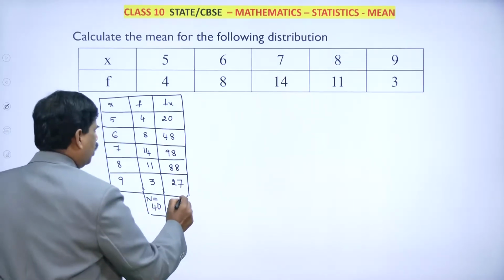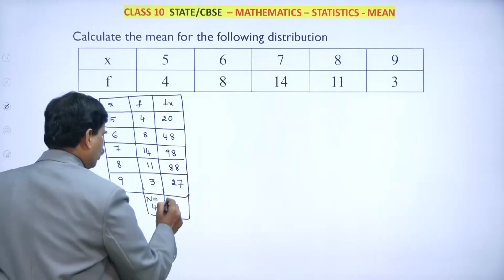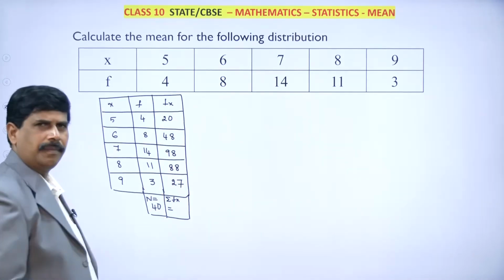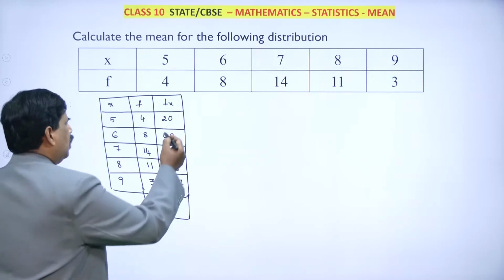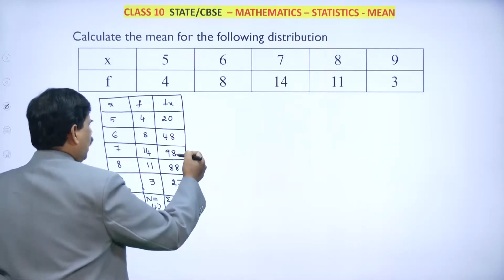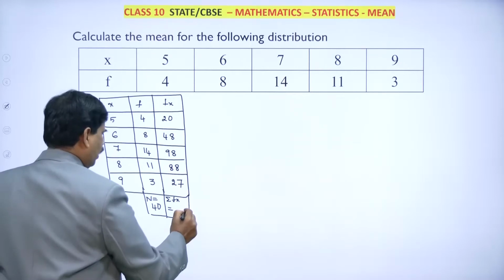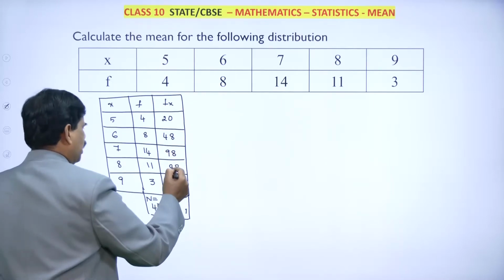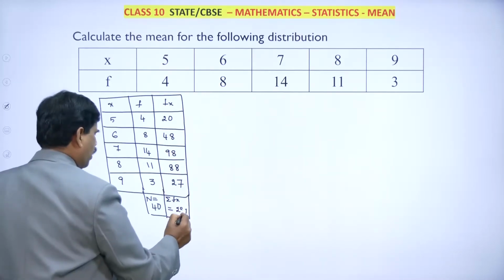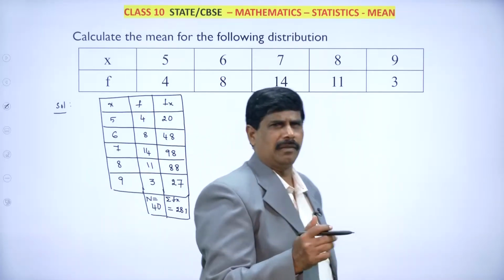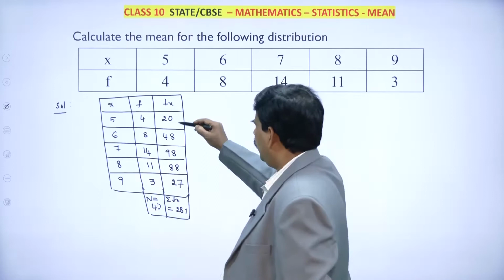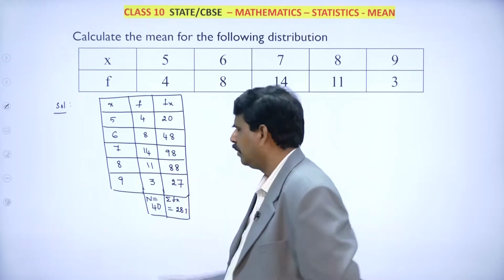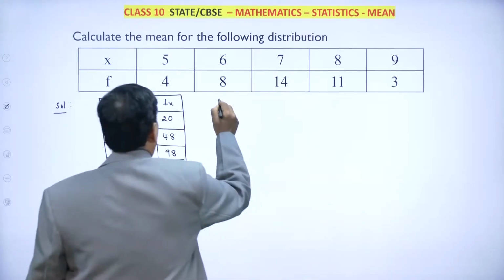At the same time, you find out what sigma fx is also. Sigma fx means you need to add all these values, the sum of all the values. You add now, take the ones place first. 8 plus 8, 8 3s are 24 plus 7, 31, 3 left. 3 plus 2, 5 plus 4, 9, 9 plus 9, 18, 18 plus 8, 26, 26 plus 2, 28. It is 281 if you add all of them. You can recheck the addition. 8 3s are 24 plus 7, 31, 3, 5, 9, 18, 26, 28. So now we got all this.